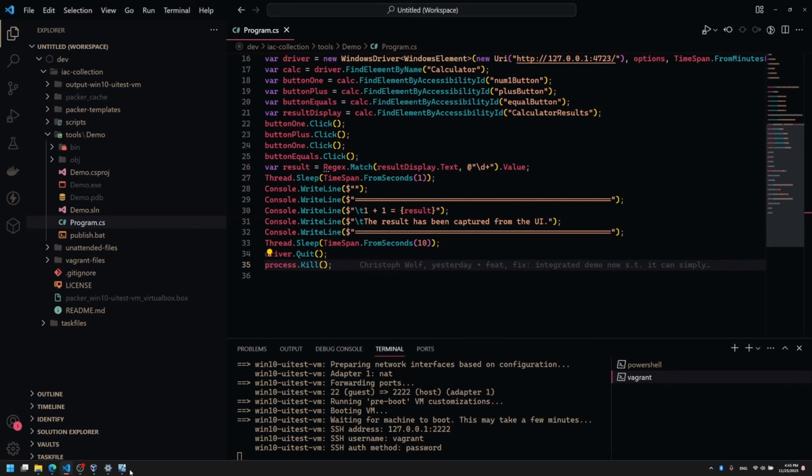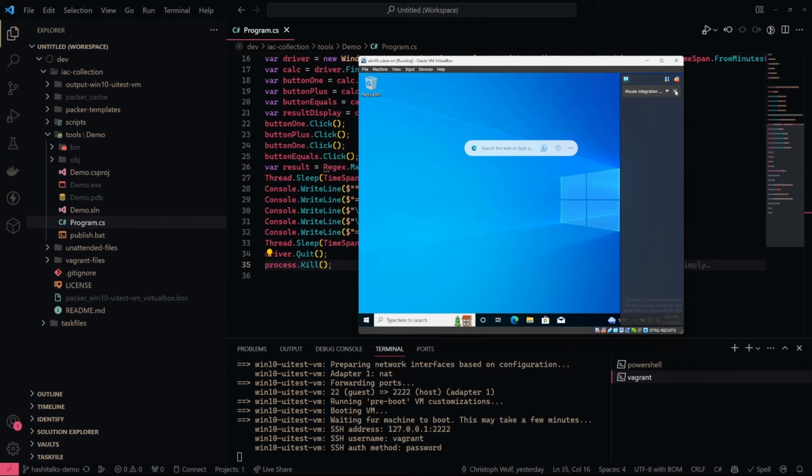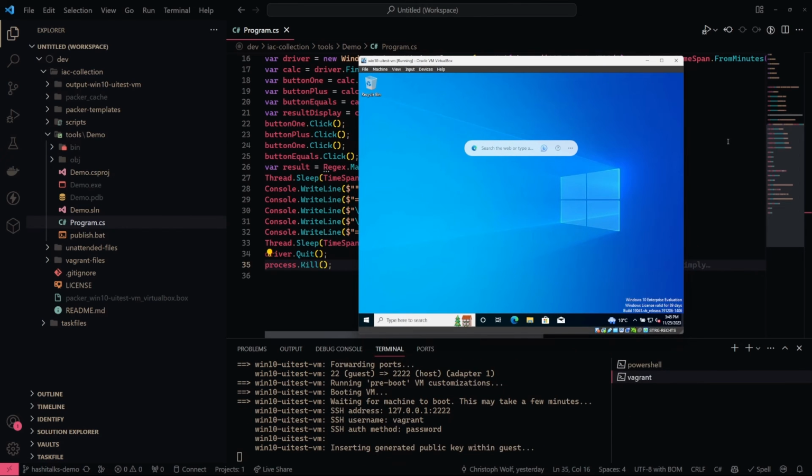Now, if we take a look how our VM looks, it is almost done. Vagrant is just doing a few more minor things regarding its automation that it uses. So namely the SSH interactions, setting